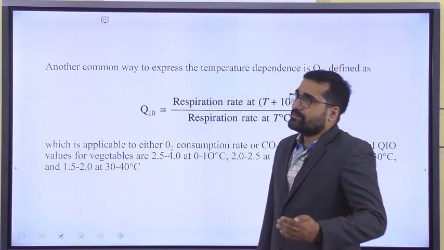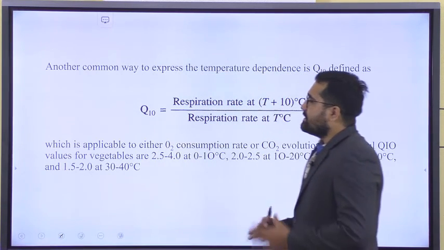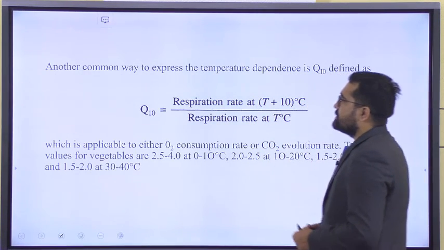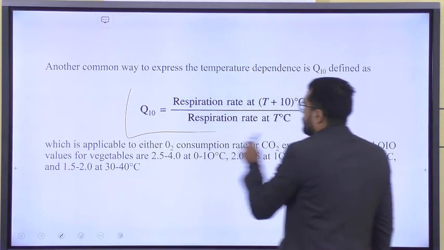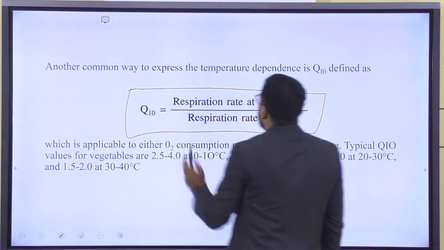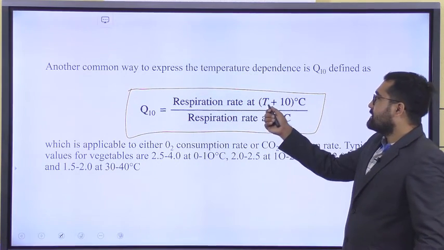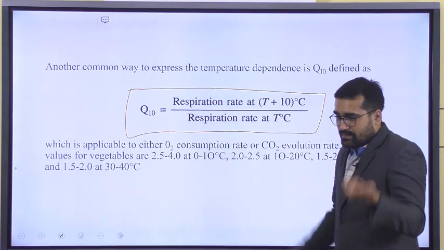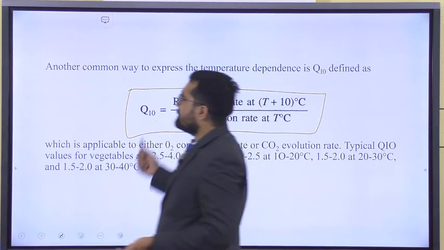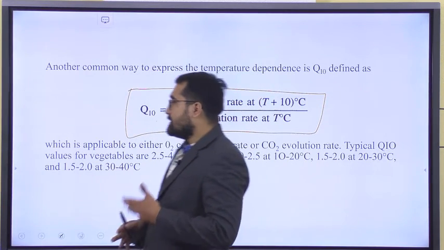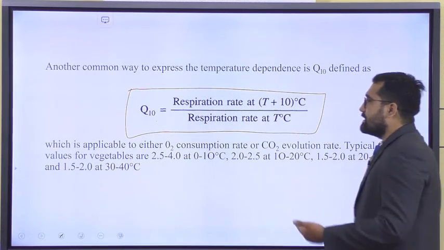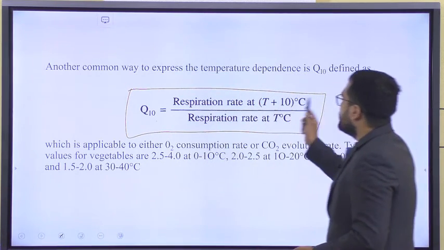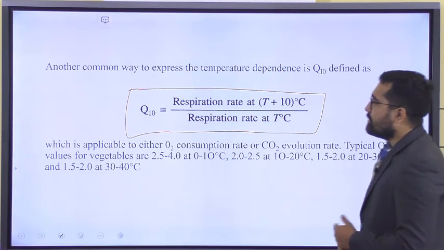Apart from determining the respiration rate, there is another measure of this temperature effect on respiration, that is known as the Q10 effect. In Q10 we see the respiration at a temperature, when we increase the temperature by 10 degrees Celsius, and the respiration at that temperature, and that ratio we call Q10. Q10 generally multiplies two times, 3 times, or half-fold every 10 degrees Celsius increase of the temperature, that we have found.